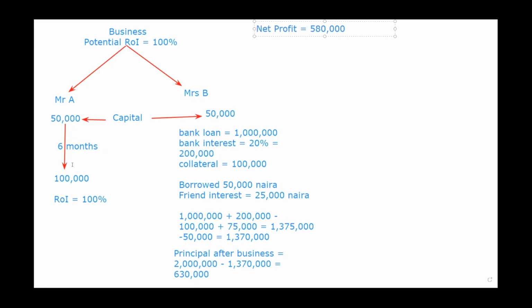Now this guy made just 50,000, and this one made 580,000 naira. So if you put that in percentage, that's going to be 580,000 divided by 50,000 times 100. So that's like, okay, didn't do that well. 580,000 divided by 50,000 rather. Okay, that's going to be 1,160%